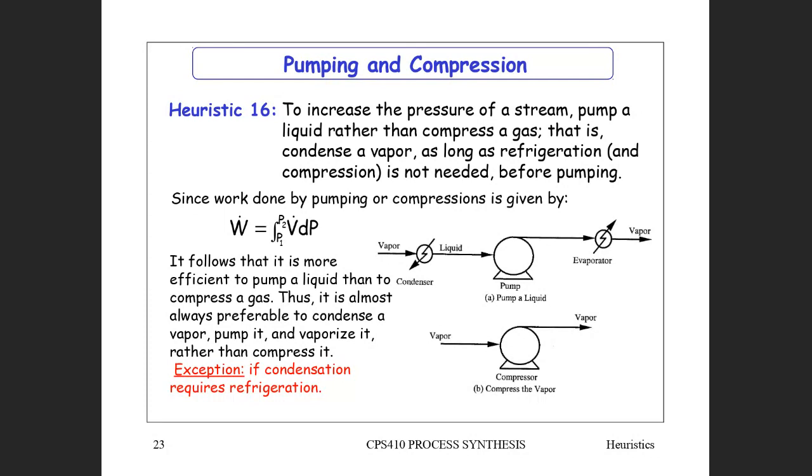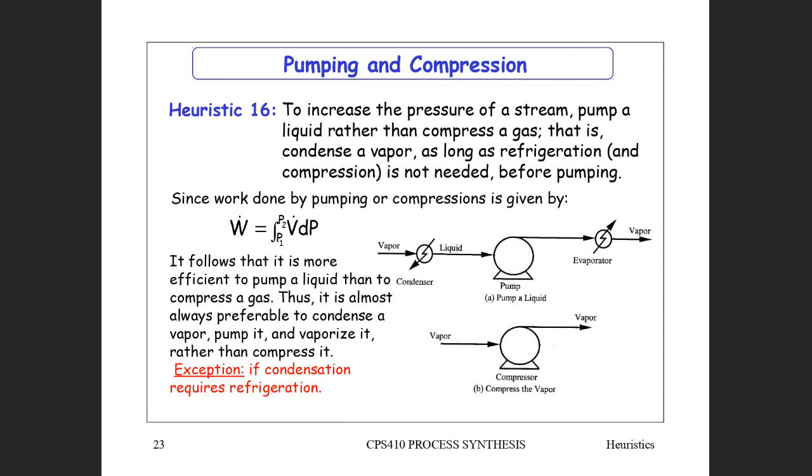So if you've got liquid, then of course the volume flow rate is constant. Then it's easy to do the integration. If you've got a vapor, of course your volume flow rate is getting less and less as you're compressing, as it goes from pressure 1 to pressure 2. So you can apply the appropriate gas law over there, and you'll be able to do that integration. But the big thing is,